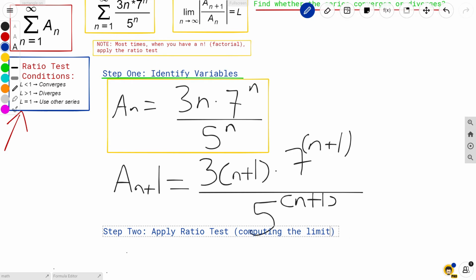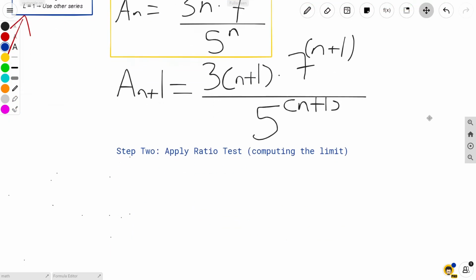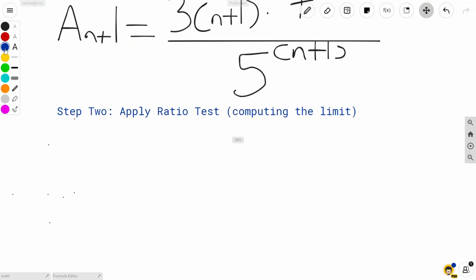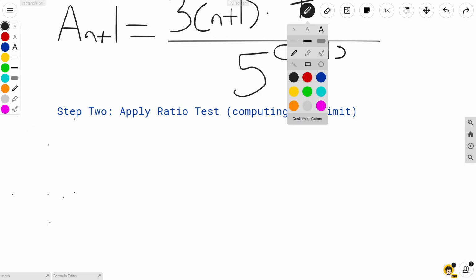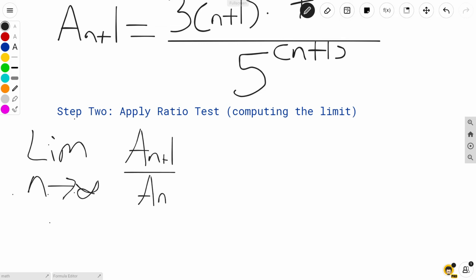So we're just going to put computing the limit. So basically here we have the formula as the limit as n goes to infinity of the absolute value of a sub n plus 1 divided by a sub n